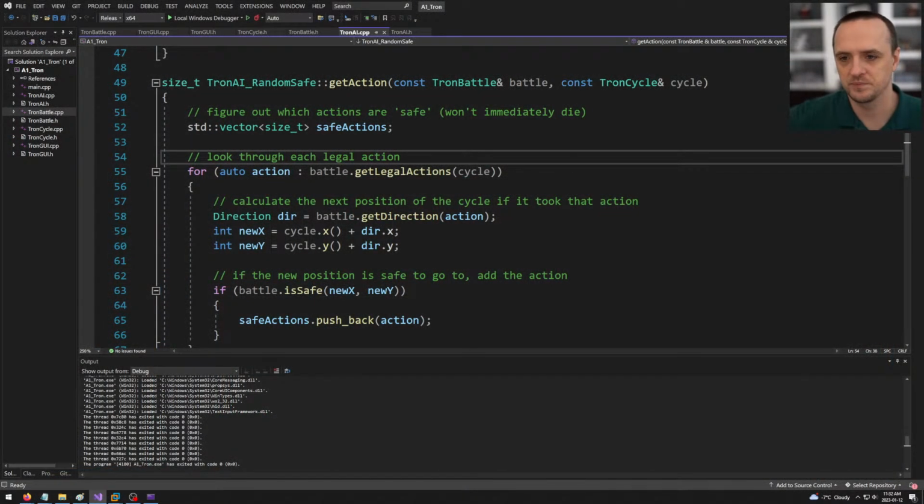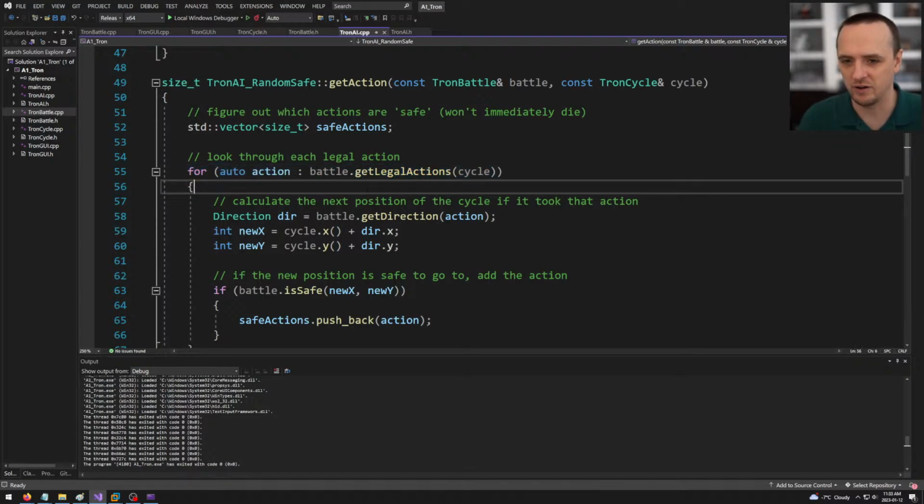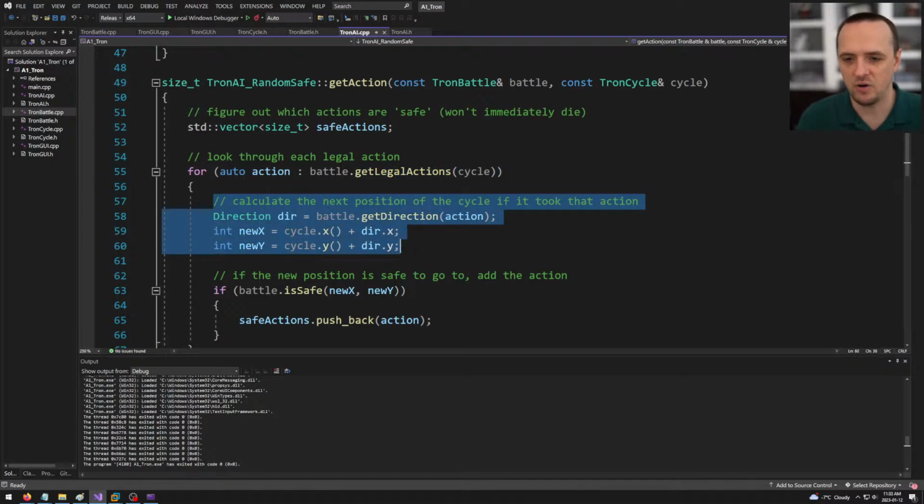Safe actions, sorry. So here, what this function does is create a vector called safe actions. And again, we are storing actions by their index. So 0 is up, 1 is down, etc. So I'm going to go through each action in my legal actions from the battle. That gets the cycle, looks at the cycle, looks around it, gets all the legal actions. Now I'm going to calculate the position of the cycle if it took that next action, right? So what this means is that